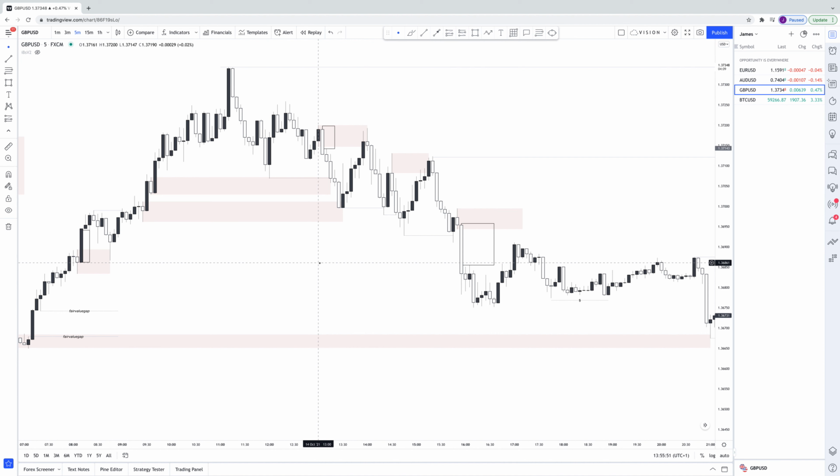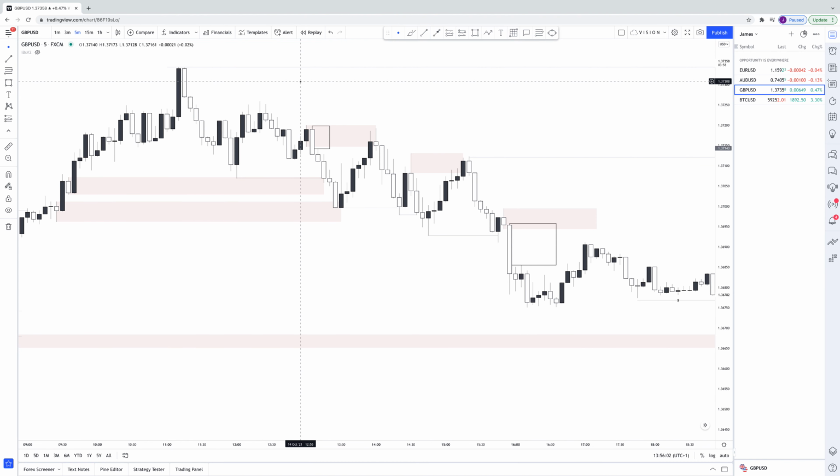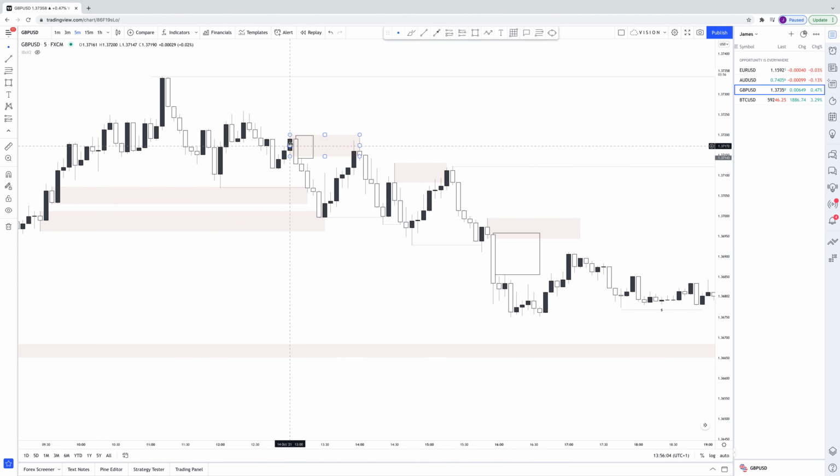Okay, now if we look at supply, we have price breaking structure to the downside from these lows, pull back, new lower low. Okay, and if we get into this candle here, we have this move that put in a new low from here, and this is our mitigation block. Okay, so this candle from the wick, as you can see I've drawn on, price comes back in to mitigate, as you can see,